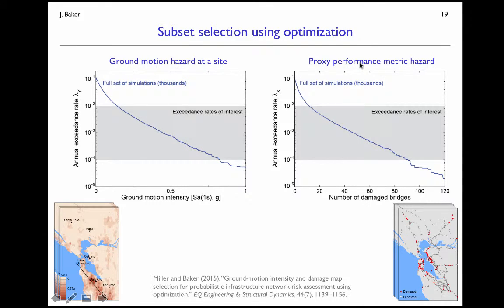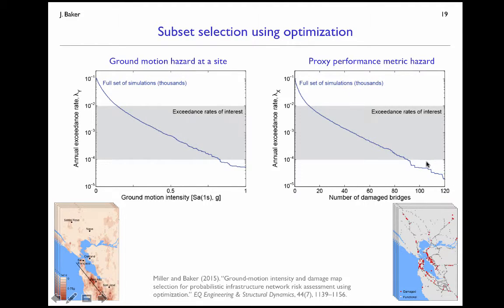And then what we're going to do is we'll say, well, there's a range of exceedance rates that are of interest for our decision making here. This would be user specified, but in general, there's going to be some kind of very low impact events that happen very frequently, maybe aren't too relevant for these network risk analysis problems. And then there are going to be some events that are very high in impact, but they're so rare that they're also not very important for us for risk analysis.